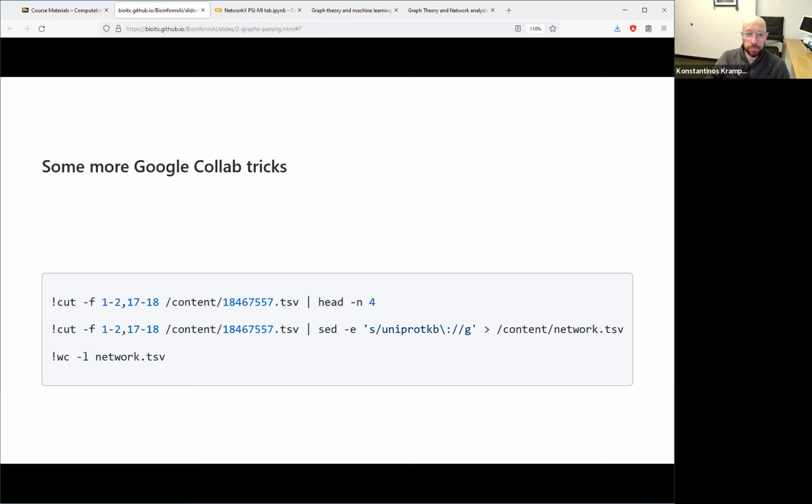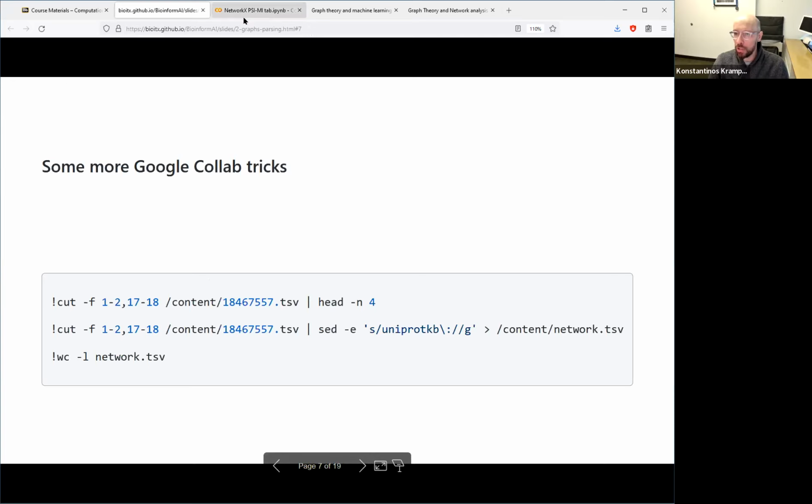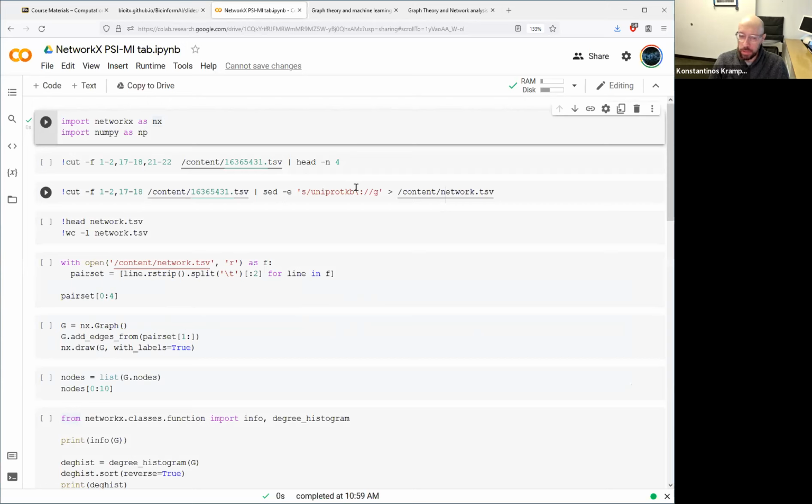But any questions on the Colab? Sorry, yeah. What are those commands? The cut command and the WC command? We'll go into that. Oh, okay. Yeah. But in general, if you have any questions like how you access the Colab or anything you're confused about,